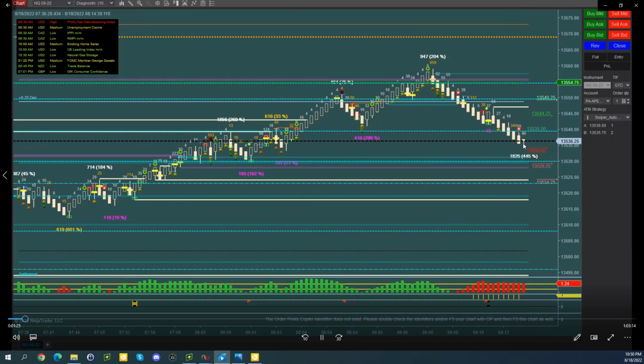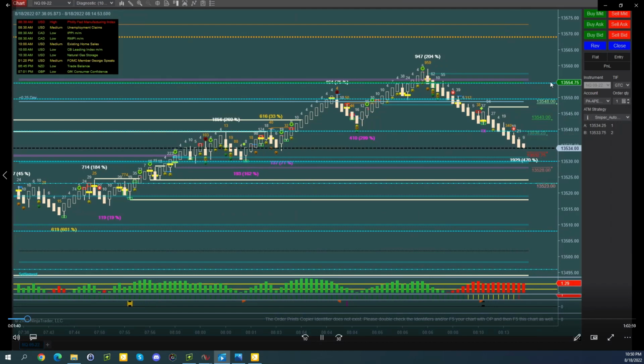So what that's telling me is that if this comes down and starts to pull back up to test this area, it'll probably bounce off of it this time. Because if it comes through clean and then goes back to it, it's usually not going to go clean back through it again. It's coming down clean and going back up to test it to say, do I really want to keep going down, or do I want to go back up, or what do I want to do? So as I'm watching it